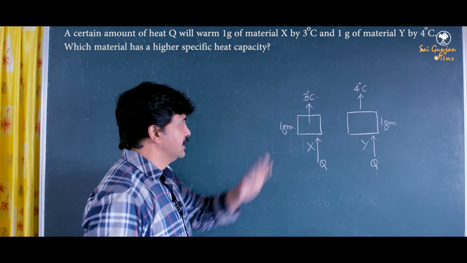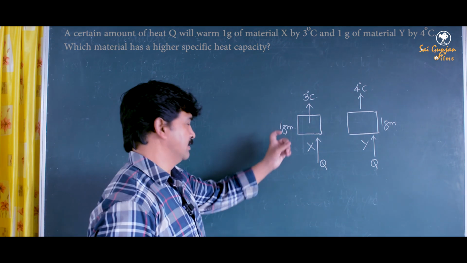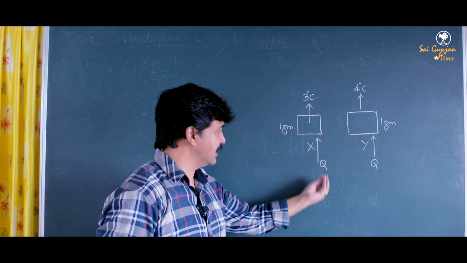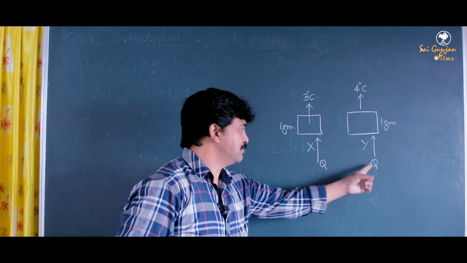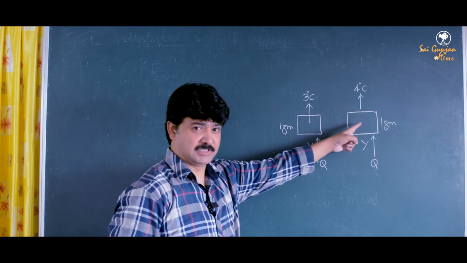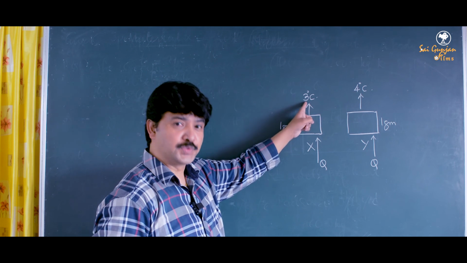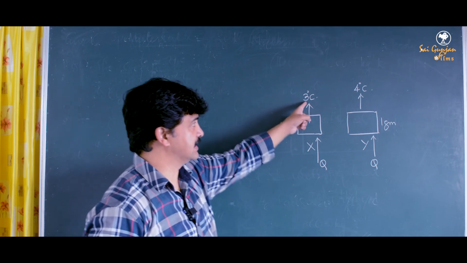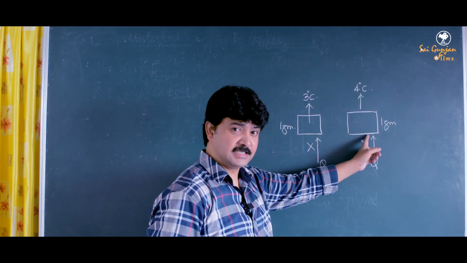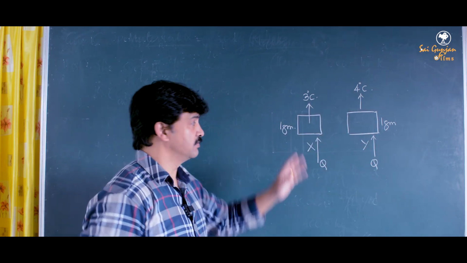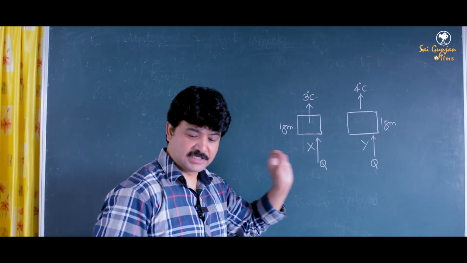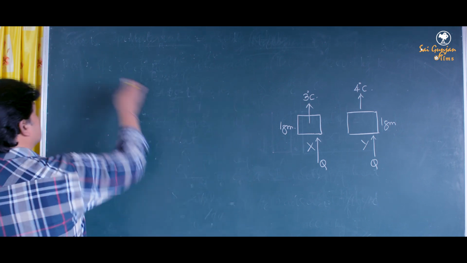Okay, so you see both the materials have same mass and they are supplied with the same amount of heat, but the rise in temperature is not the same, isn't it? Here the rise in temperature is 3 degrees Celsius, and the rise in temperature here is 4 degrees, more here, isn't it? Now you are asked to find out which of these two bodies has higher specific heat capacity, isn't it? So we know